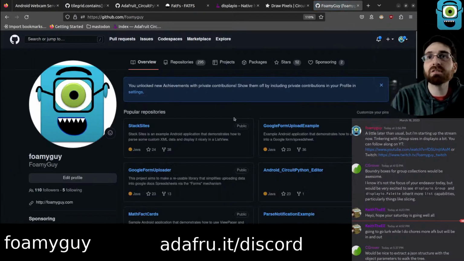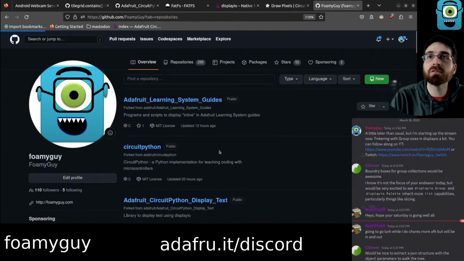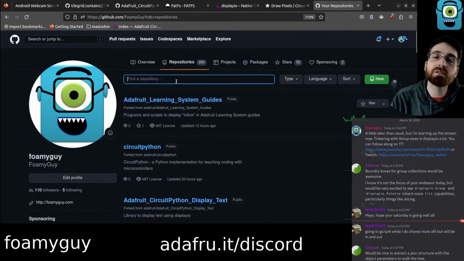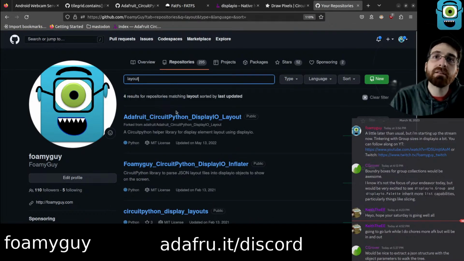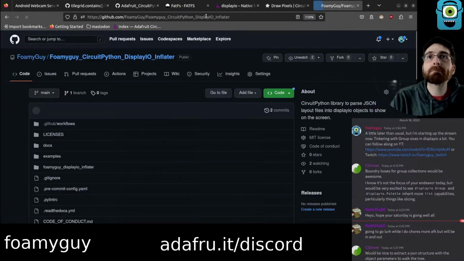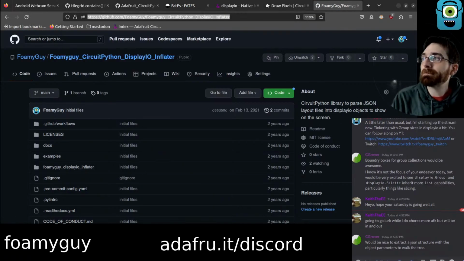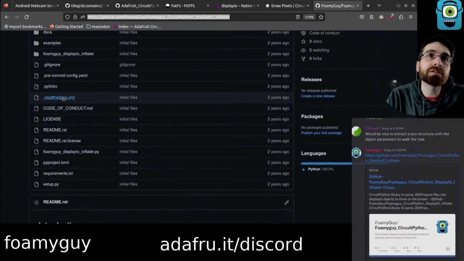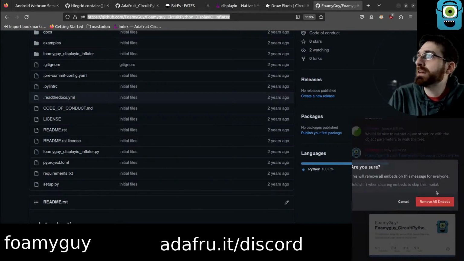If you're interested in JSON for your layouts, check out this repo if you haven't. This one,